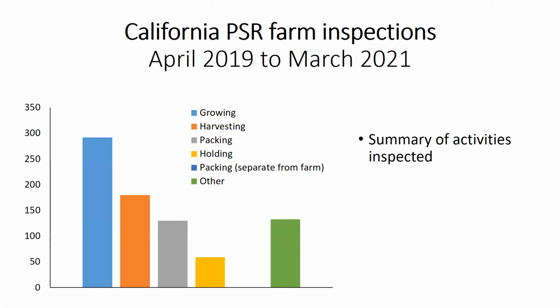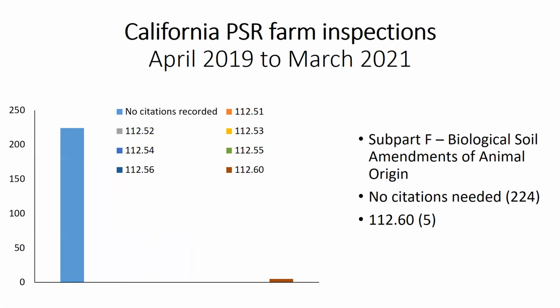Growing operations were the most frequently inspected, but all these activities are covered by the produce safety rules. So I'm sure we'll see these numbers leveling out, balancing out as we have more inspections taking place over time. But just to give you a sense of the different activities that were observed during those inspections. So in terms of observations related to subpart F, as Donna already mentioned, subpart F is the